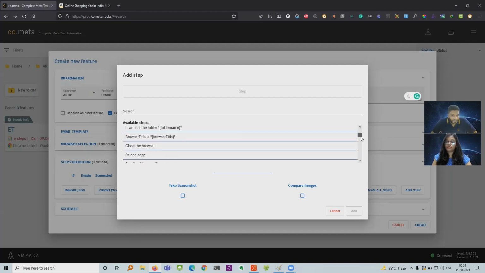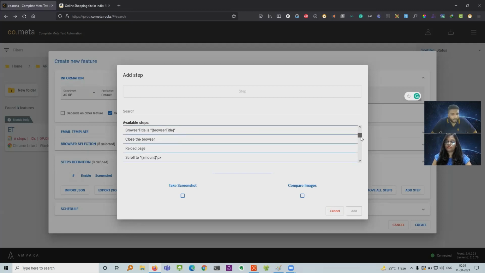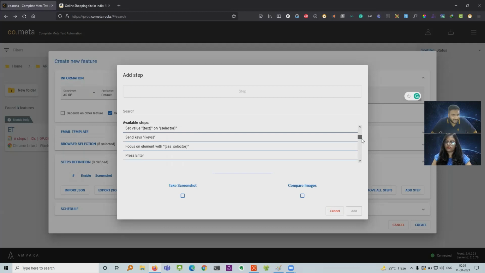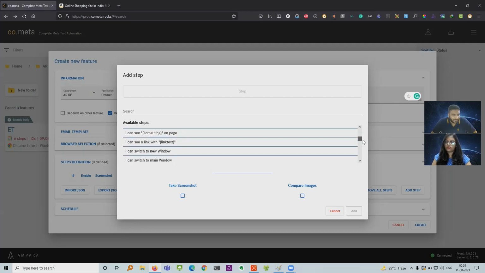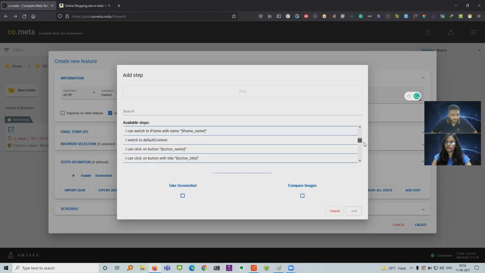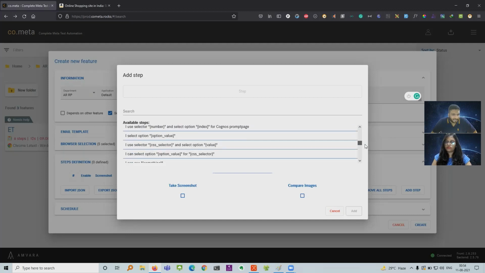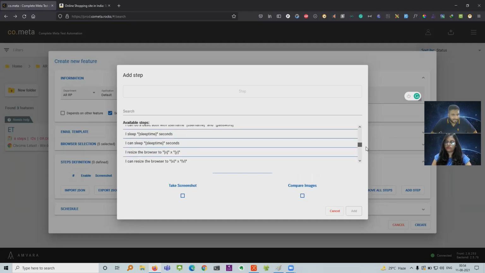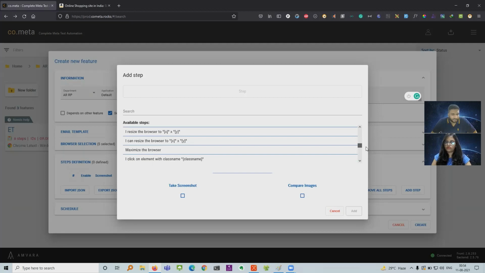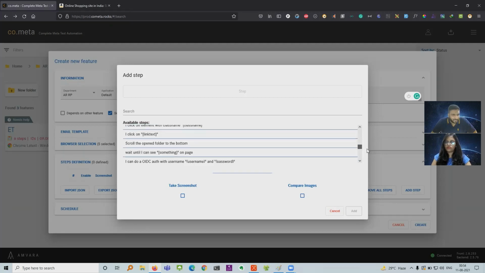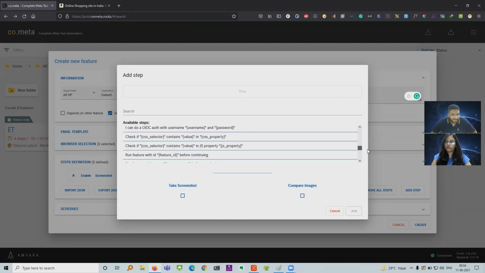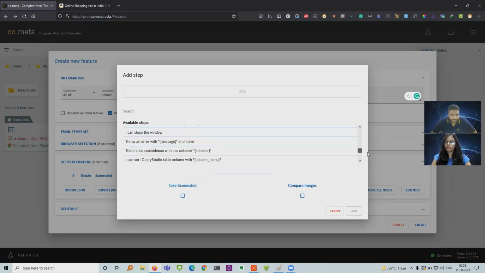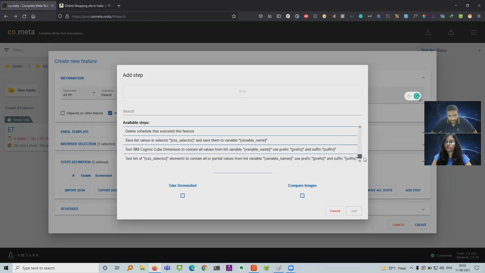They have all these common steps that you need to use for web automation, like close the browser, reload, set value, scroll, focus, I can see, I can switch, and I can click, I can see an element, I can sleep for some time, and I can resize the browser, click on some element, check if the CSS selector contains, and there are a lot of predefined steps